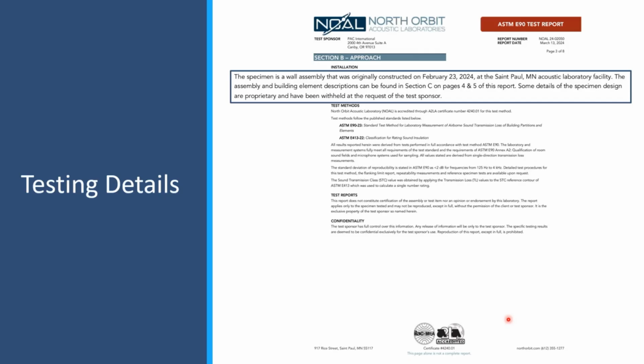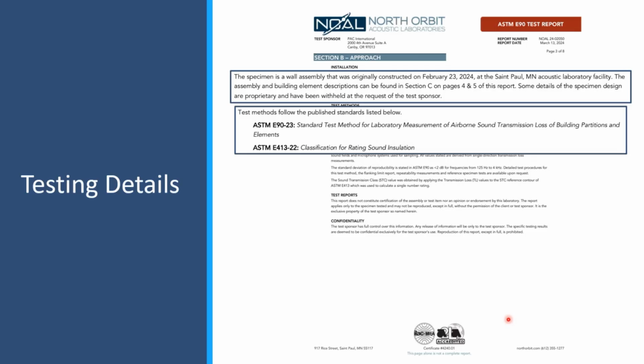And so if they have information in there about when the assembly was actually constructed, that's really what matters in terms of the materials that were used and things like that. So that's a helpful piece of information in there. And then the test methods, here they list the standards and the versions of the standards that were